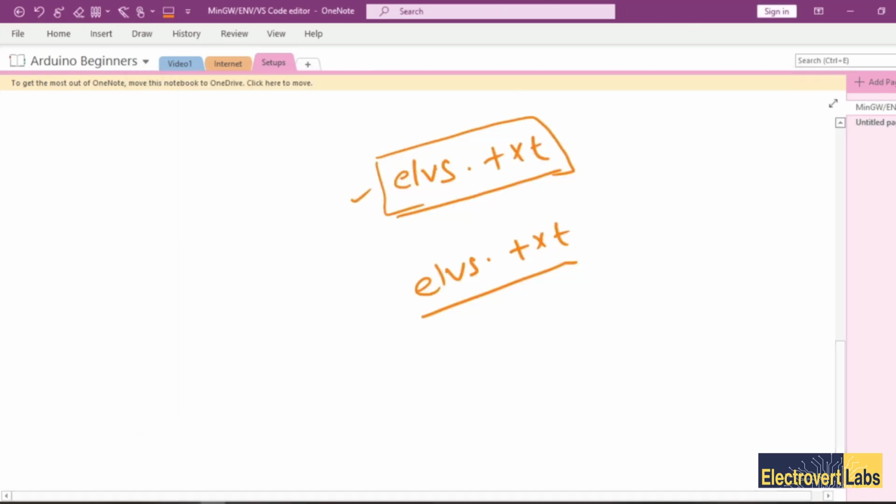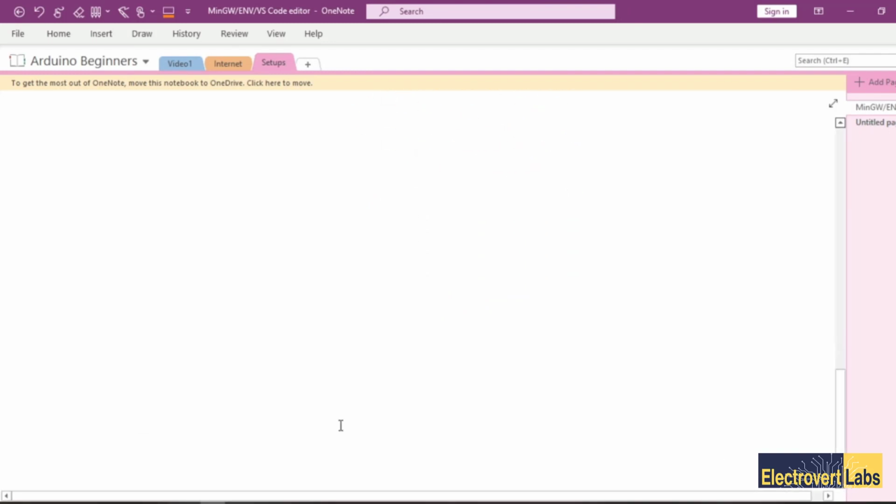Whenever you are giving a command to your computer through command prompt, it searches two locations. It will search your current directory, so if you are in desktop currently, it will search there to see if the elvs1 file is there or not. After searching there, it will then go on into a path.